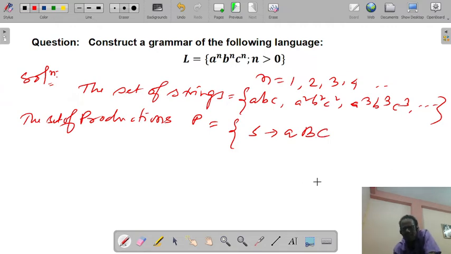So B will change to small b and C will be changed to small c, then we will get abc. But how to increase the number of a's and number of b's and number of c's? For this case, we can write S implies aSBC.